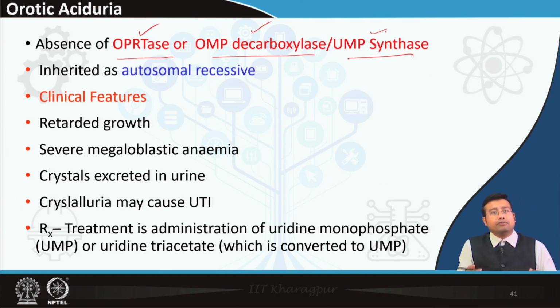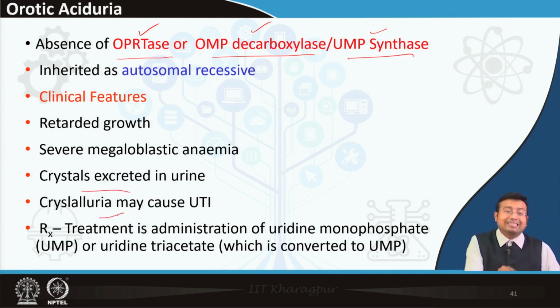What are the characteristic features? Definitely orotic aciduria means excess orotic acid will be excreted in urine. Even crystals of orotic acid have been found to be excreted in urine, and those may cause urinary tract infection. Apart from that, what are the systemic symptoms? Growth retardation and anemia, the megaloblastic variety of anemia. What is the treatment? Treatment is actually administration of UMP, alright, or uridine triacetate, which is converted to UMP in